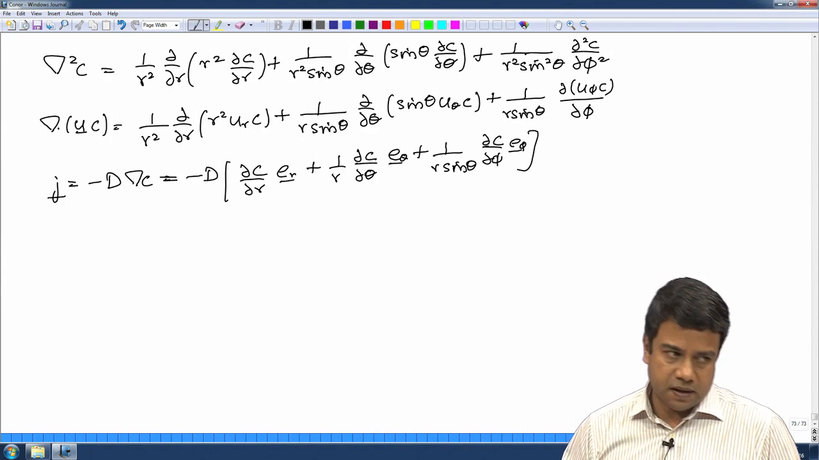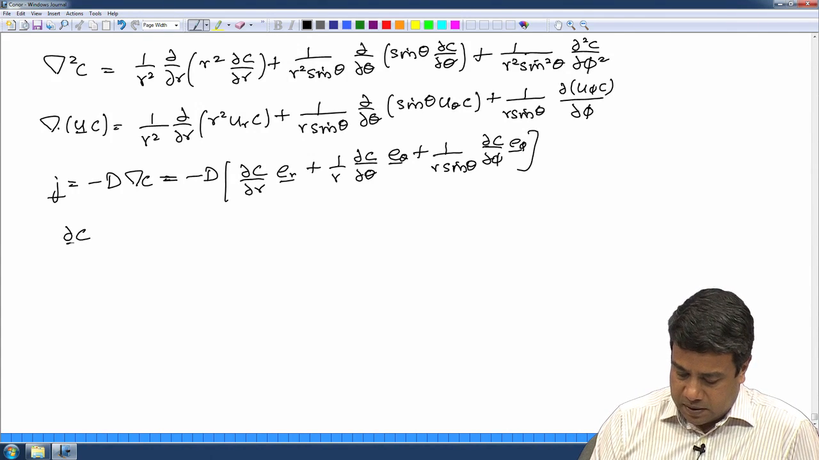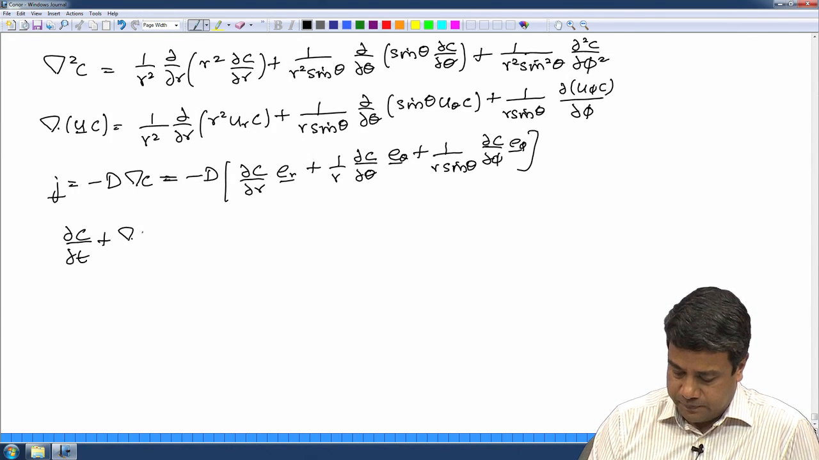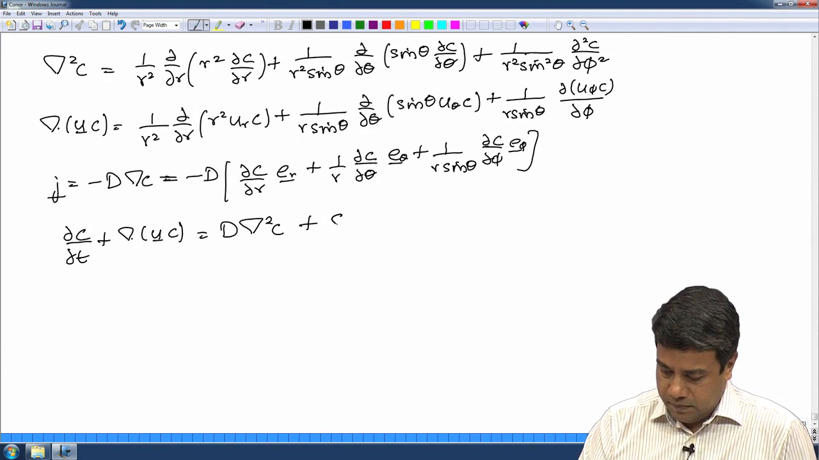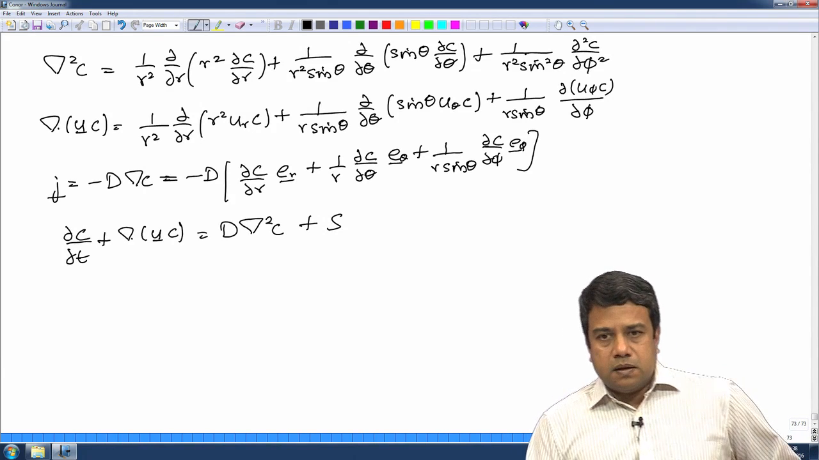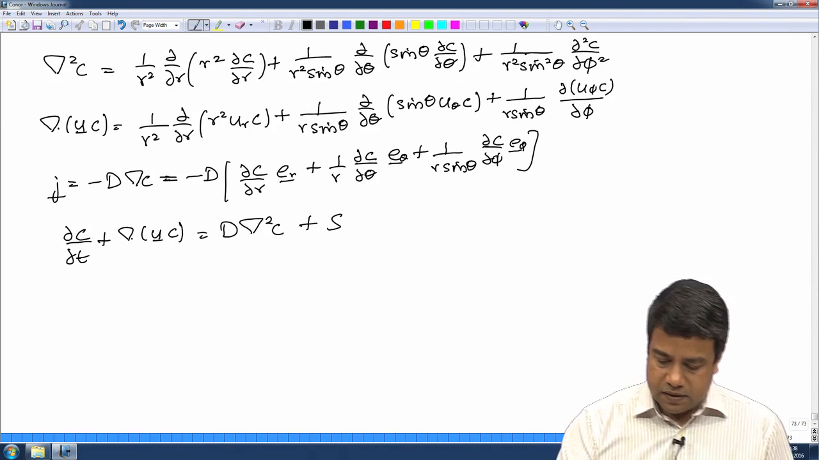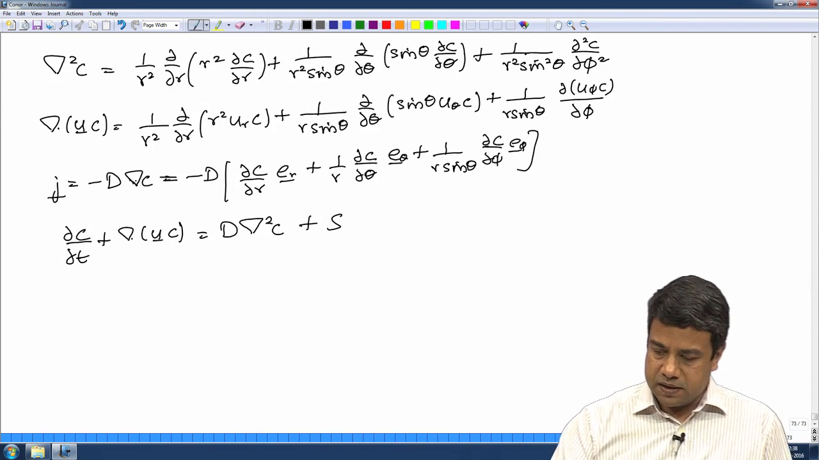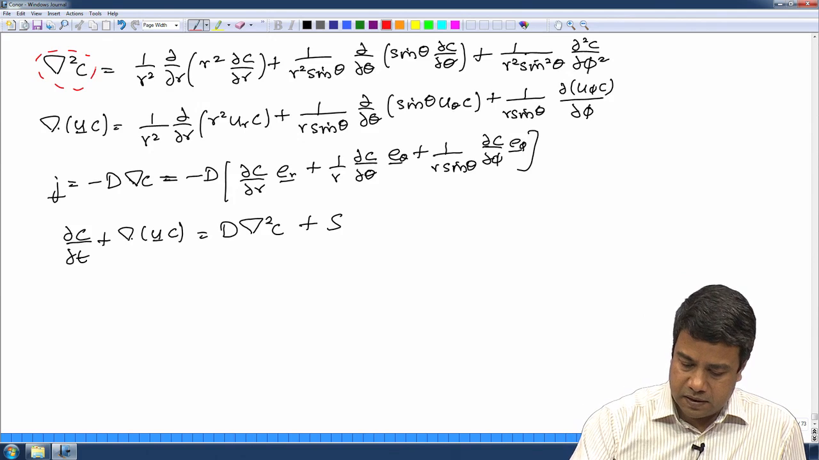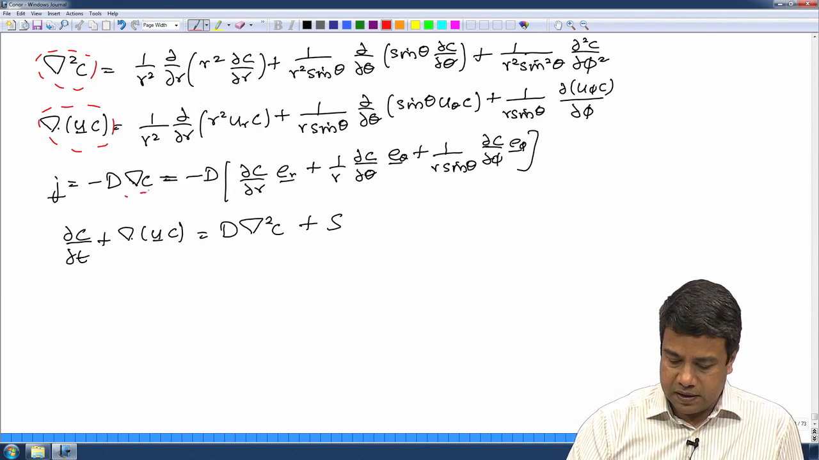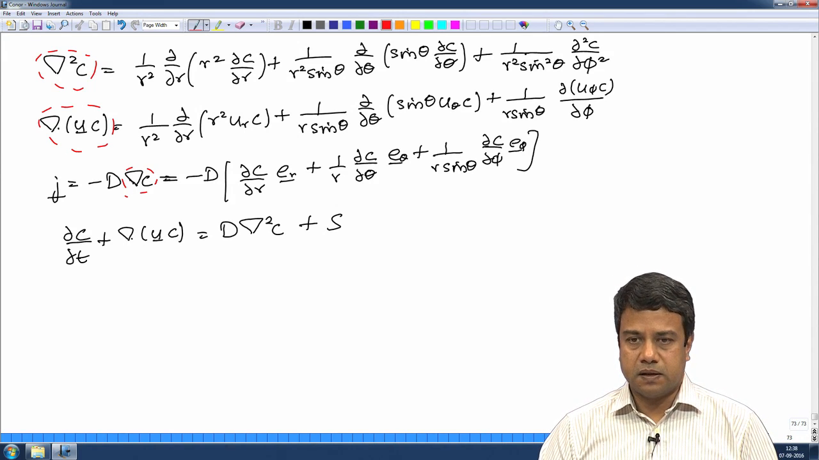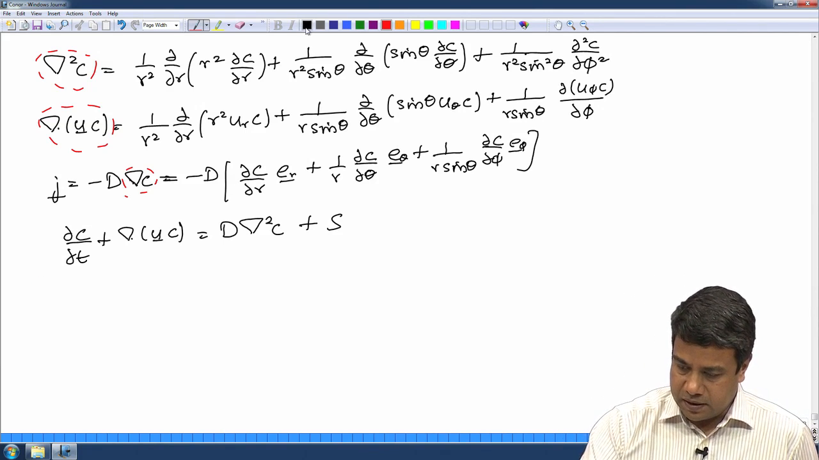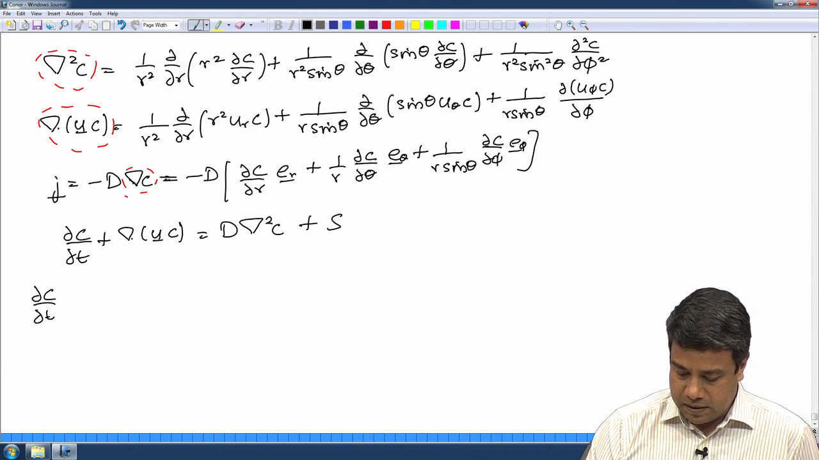With these definitions, I can write the conservation equation as partial c by partial t plus so the equation when written in this vector notation looks the same. Only thing is that the definitions of these, the Laplacian here, the divergence here, and this gradient here, these have changed in this spherical coordinate system. Okay. So, this is the conservation equation in a spherical coordinate system. So, if I write it again for you, partial c by partial t plus